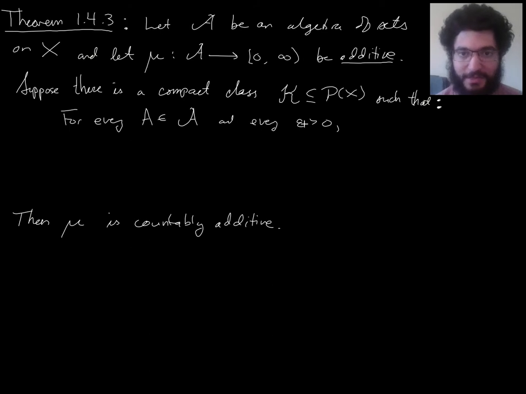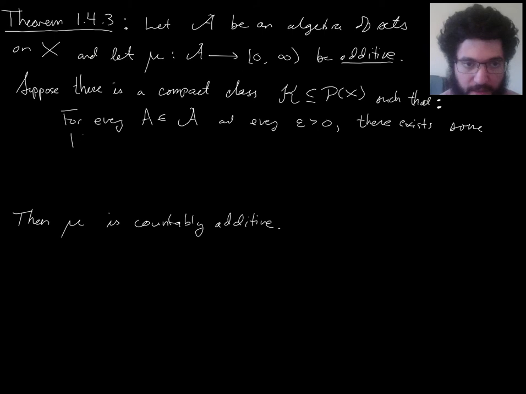Sometimes it just feels like we're doing set theory. Okay, so there should exist some K in there from our compact class, and some other set from our algebra of sets,